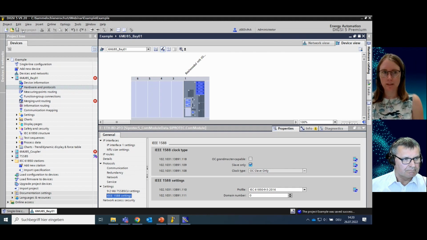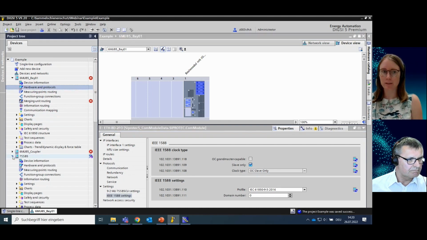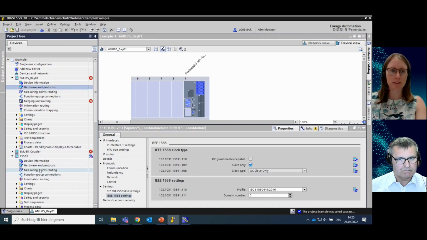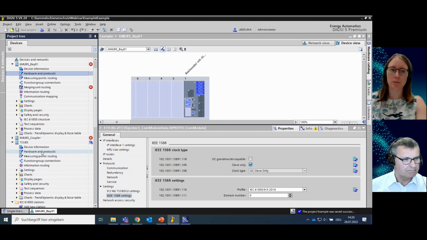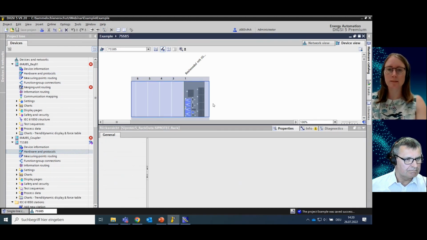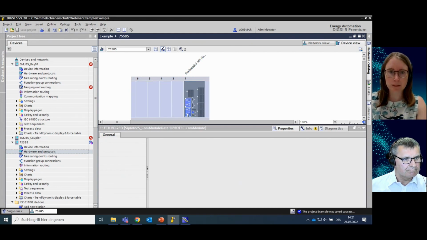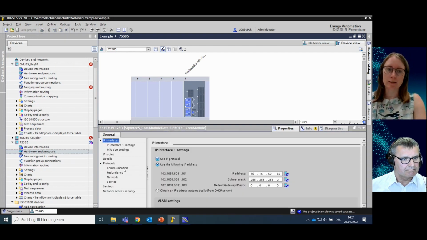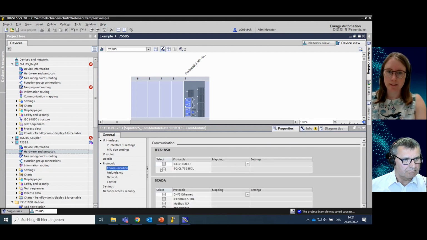Okay. Now we do the same configuration for the 7SS85 concerning the network, the communication settings. So here I go also to hardware and protocols. In this case, the BD module is in port F. Double click to open it. And under protocols and communication, I select here in this case for the central unit, the 9-2 CL 7SS85CU